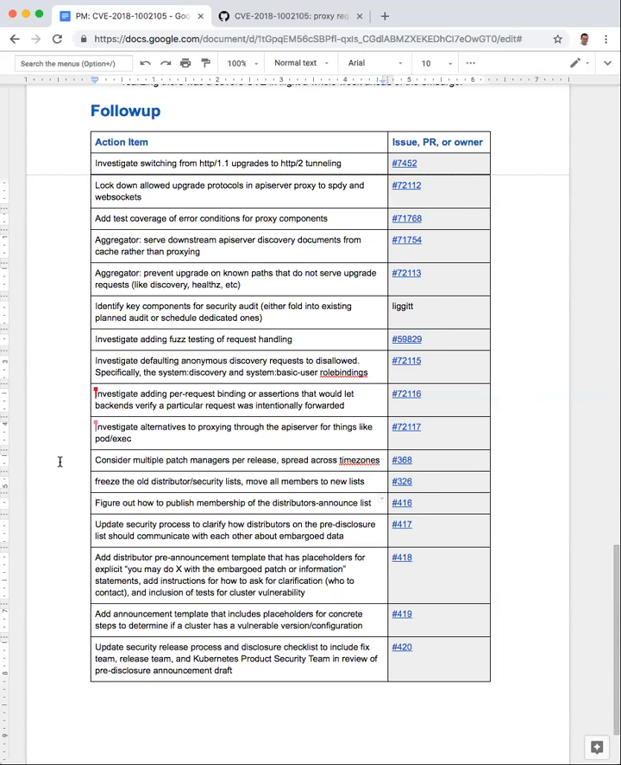The other dimension, I said there were two dimensions, and now I've forgotten the second one. I think the distributor list is the direct relationship with a company, right? And then I think the other dimension. I remember what it was. The other dimension is across the Kubernetes project,